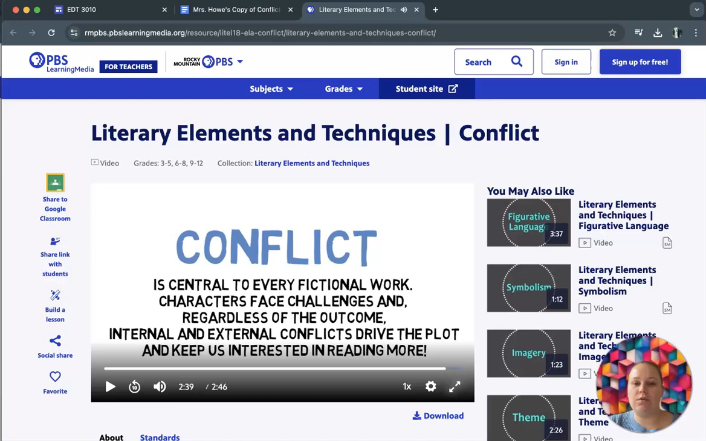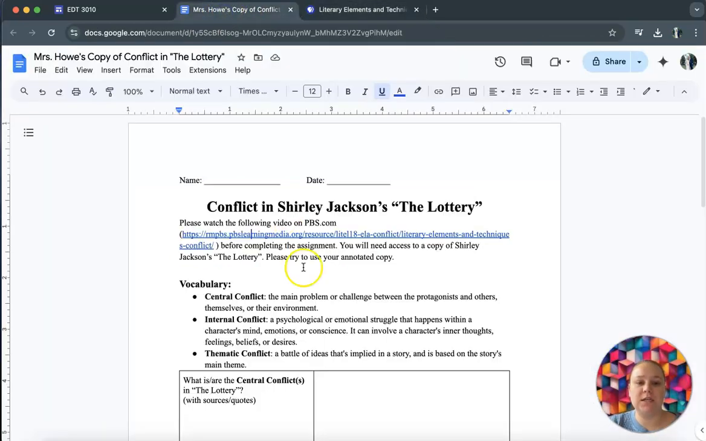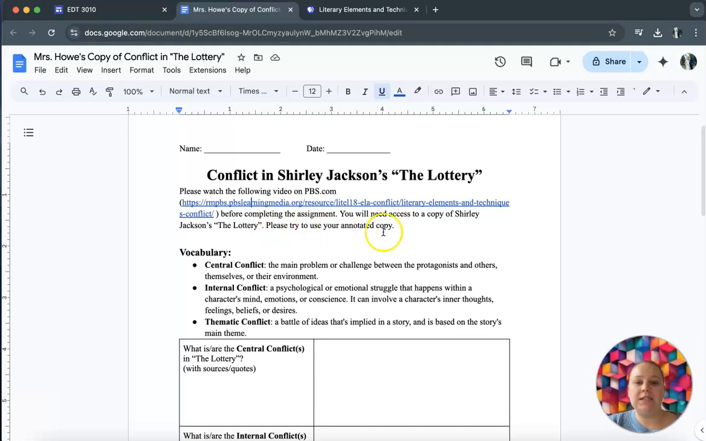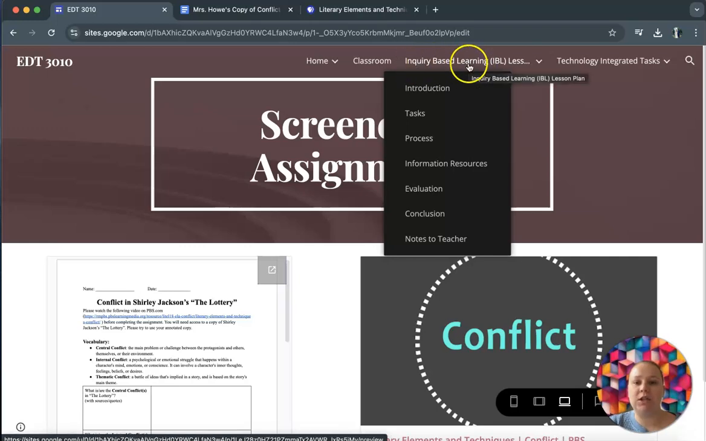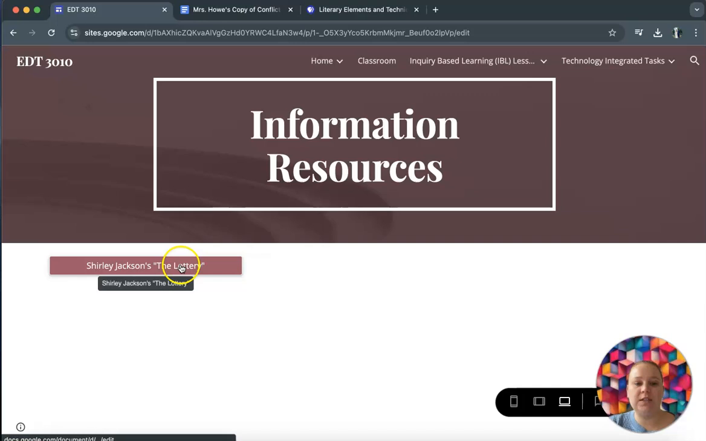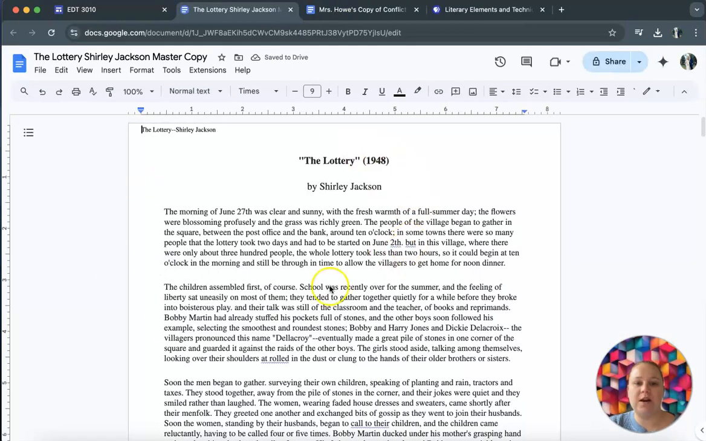Once that video is over, we're going to go back to our copy of our worksheets. We are going to utilize our copies of Shirley Jackson's The Lottery. Try to use your annotated copy. If you don't have your copy with you, you can always go back to my teacher website, Inquiry-Based Learning, and then down to Information Resources. If you click this button here, it will take you to a copy. Again, please do not edit the master copy, make a copy the same way that we did for the conflict